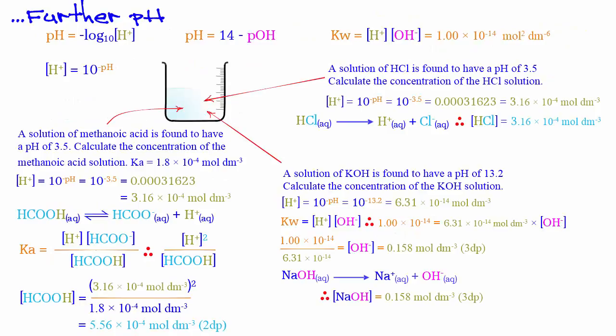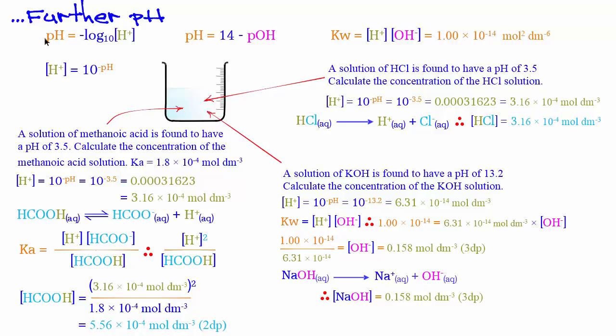So now turning your attention to some more pH calculations. I've left all the formulae on the page for you. pH is minus log to the base 10 of H plus. pH is 14 minus pOH. The Kw expression is shown there with its value and units for room temperature and pressure. Keep in mind the reverse of the pH calculation to gather what the H plus is: 10 to the minus